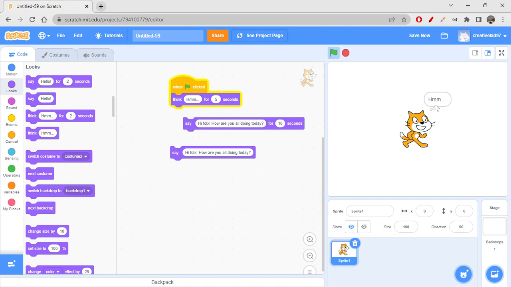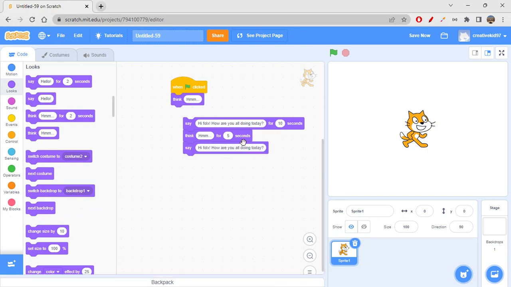Oh yeah, it is thinking it for 5 seconds now, after which it stops doing that, okay? So this is about the think block. Similarly, like you have say for 10 seconds in the say block, you have think for 5 seconds in the think block, right? So it keeps thinking